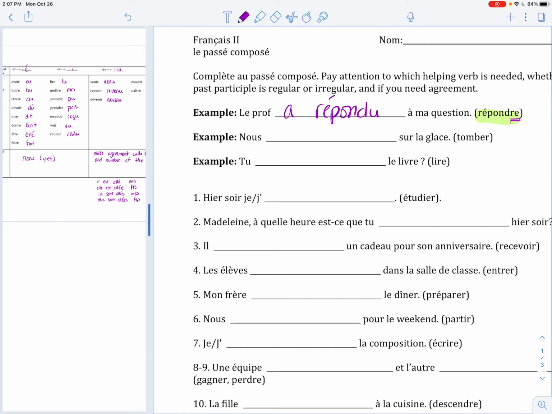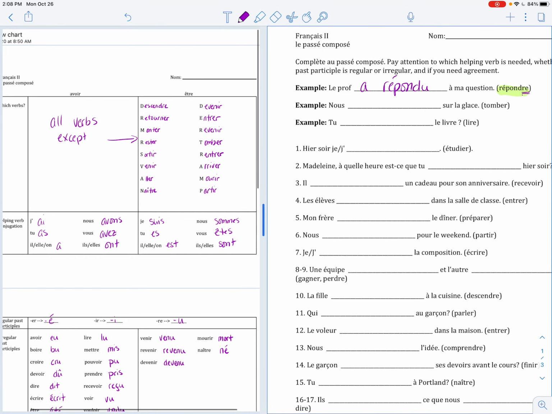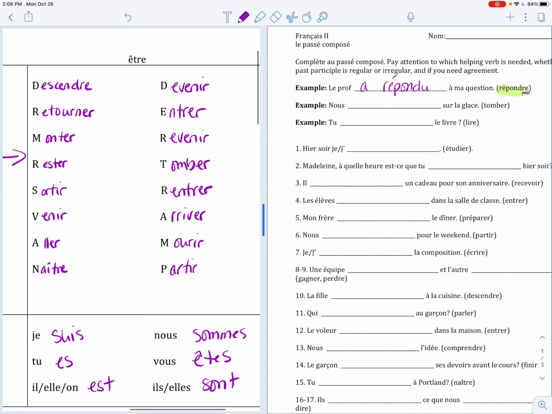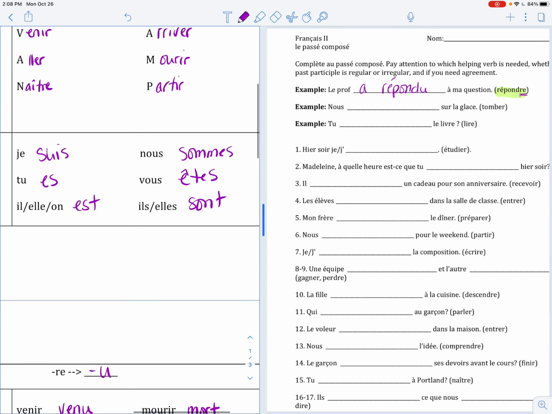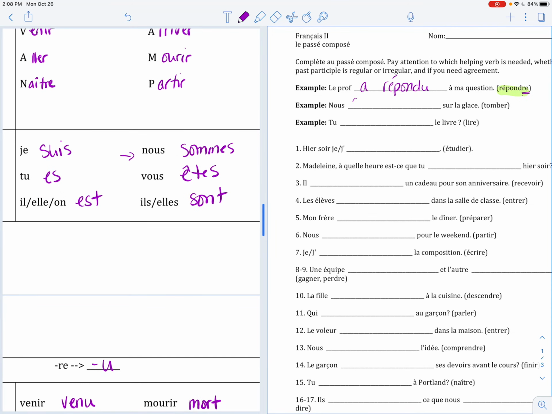And the second one, tomber is your verb. So we go back over here, we go to the first page, and we look. Is tomber on the Dr. Mrs. Vandertramp list? Yep, we have it right here. So that means we're going to conjugate with être. So we stay in this column, we scroll down to our helping verb. Nous is our subject. So then we've got nous right here, nous sommes. And then,